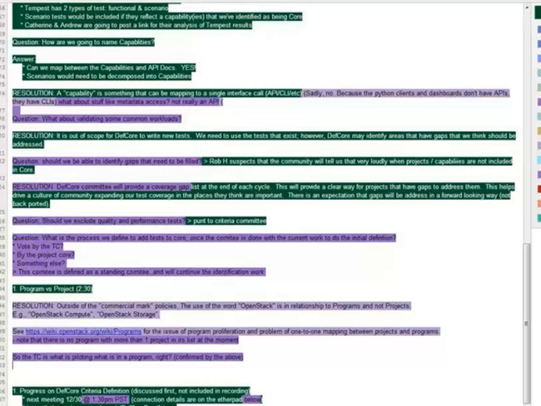All right. So the resolution I think still stands, which is that there is some confusion around programs and projects. The DefCore committee believes that it is appropriate to refer primarily to programs as the thing that can use OpenStack marks outside of the commercial mark policy that we are talking about as the purpose of DefCore. We would like to work with the board and the TC on limiting the proliferation of programs and resolving this confusion around there being a one-to-one mapping between projects and programs. In other words, to use programs the way they were intended, which is as a container for multiple projects and a team around them.